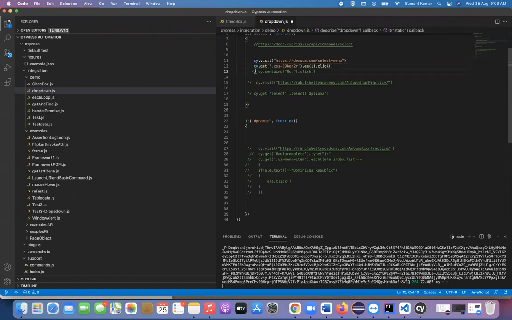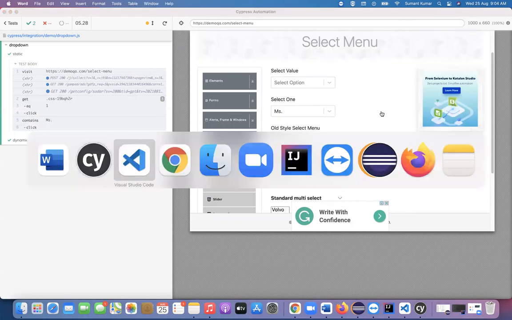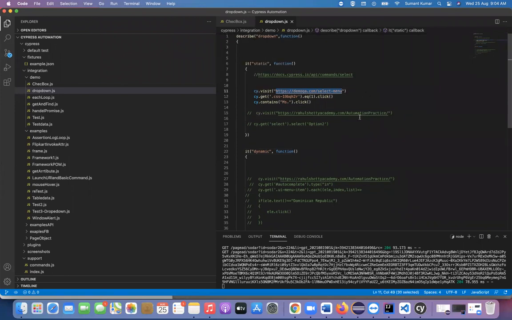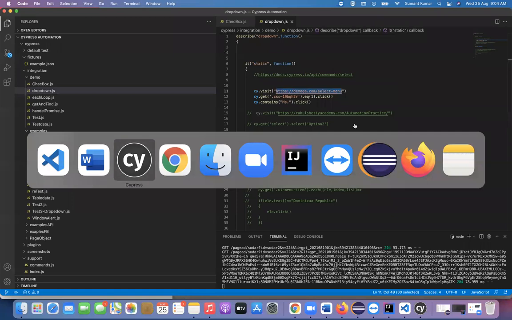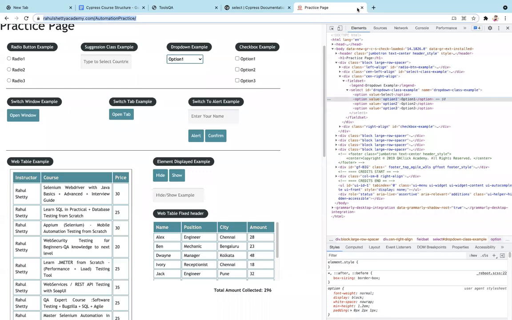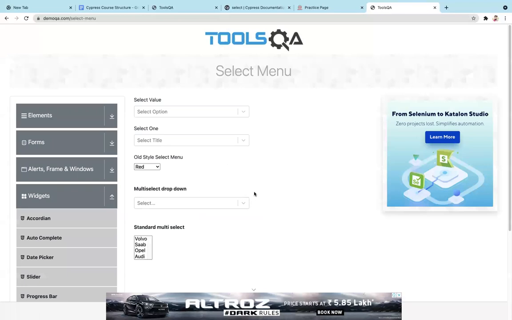Sometimes you will not get either a select or the dynamic thing. Here I will show you what happens. First I will go to this particular site, and then I will tell you. This is the URL, and this is the drop down, and you want to select anything, right?